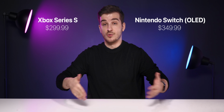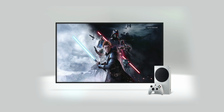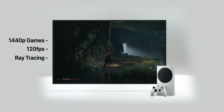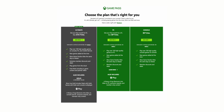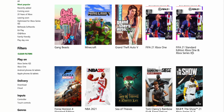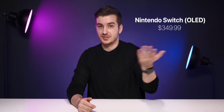And sure, it won't be a portable console, but you will get a much better machine when connected to your TV, with 1440p games, up to 120 frames per second, with ray tracing, and of course, since you'll have $50 extra, you could spend that on Game Pass for a few months and have access to hundreds of true AAA titles. Or you could simply spend $50 more on top of the Switch, this new one,